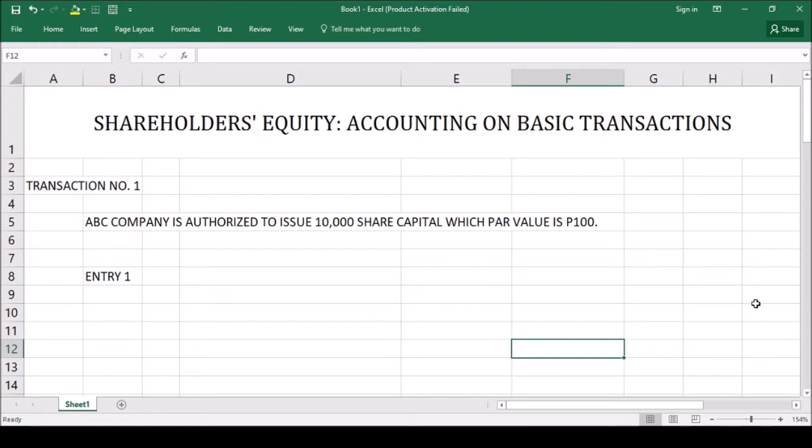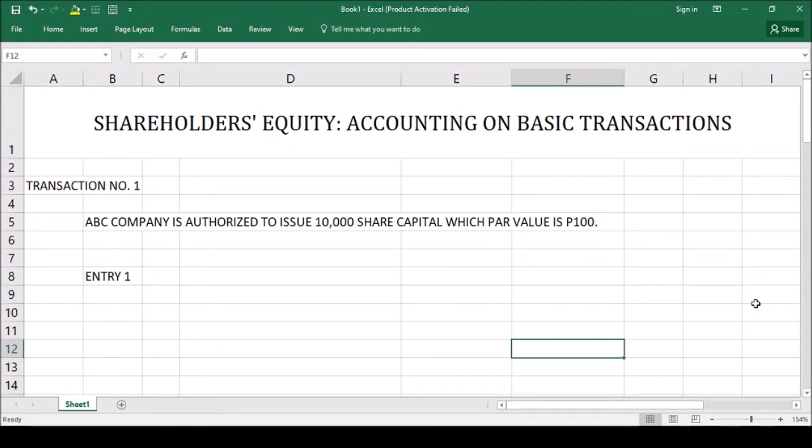First, the first transaction that I prepared is the authorization. Once we say authorization, it is the date where the company or the corporation is being authorized by the Security Exchange Commission to issue shares. Question: how are we going to record that authorization of the company to issue shares? Well, under the memorandum entry method, it is simply preparing a memorandum stating that the company is already authorized